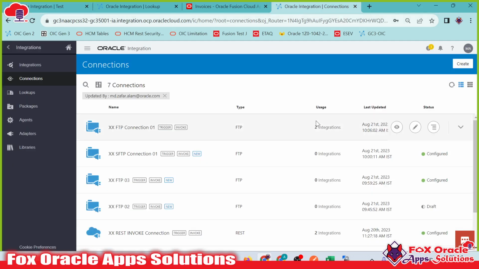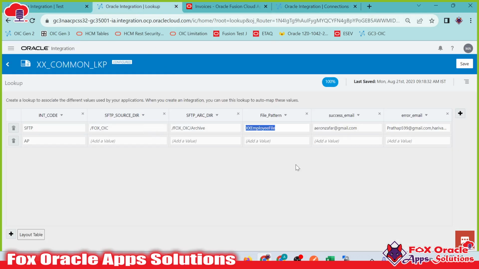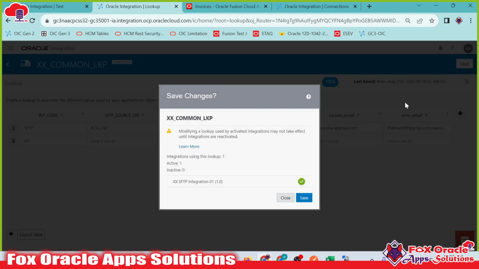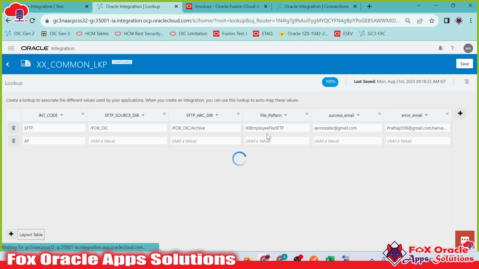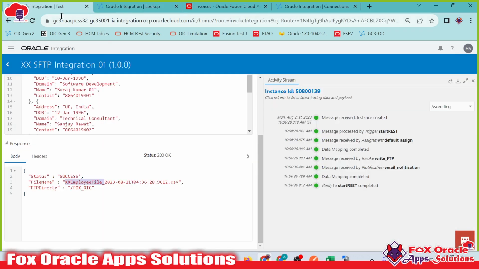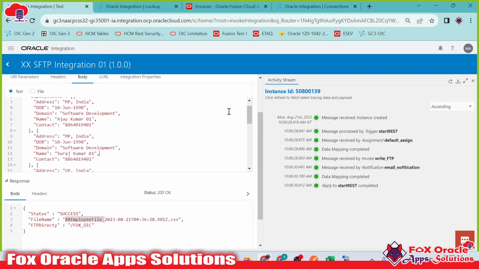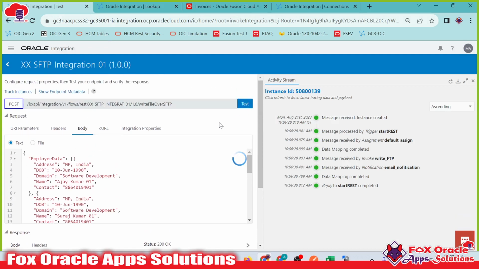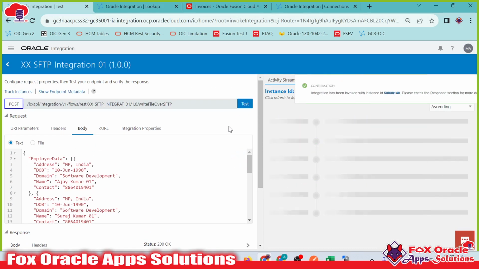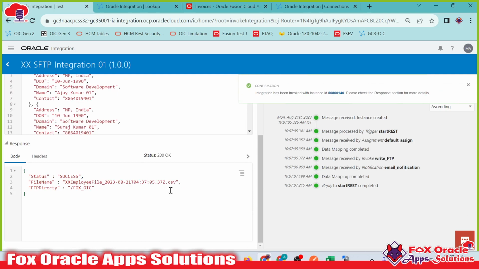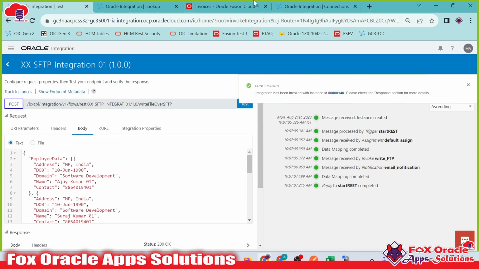If we update the lookup, here you can see we have the lookup, and if we update the file name, suppose employee file SFTP, and we save here. So at runtime we change the value, right? We change the value at runtime even without editing the integration. And once we submit, a new file will be generated. The file will be generated with the new file name pattern. Here you can see, in the file name pattern, again, where we have,